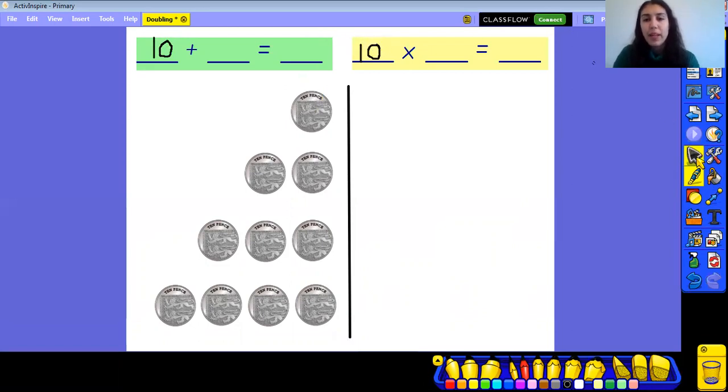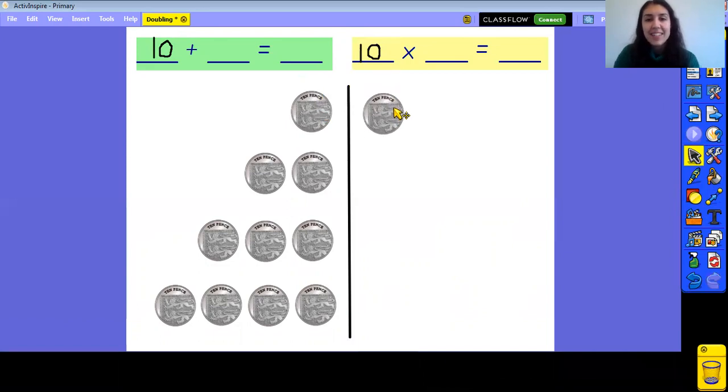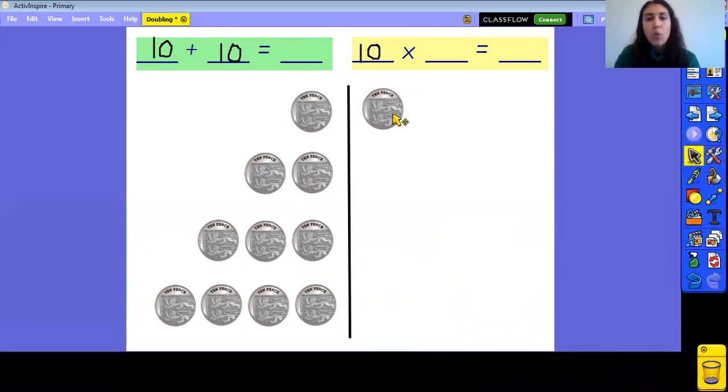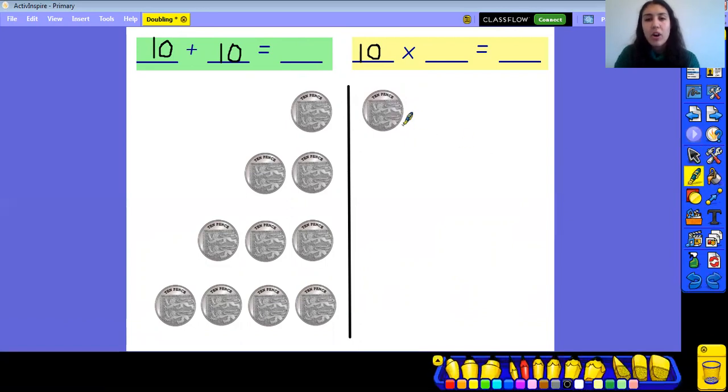Now, if I double it, what I'm doing is I'm adding another group of the same size. So I'm doing 10, add another 10p. Or what I could say is that I've got two groups of 10. So I've got 10, now I've got that 2 times. So I could say I've got 10 times 2. These are both